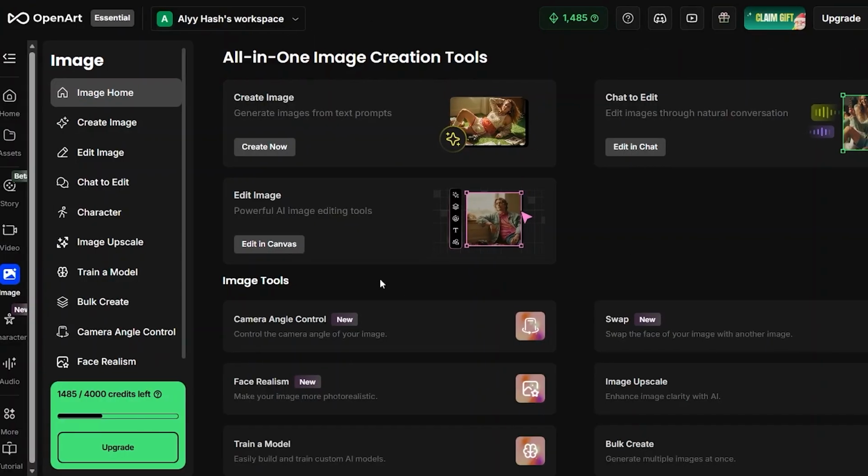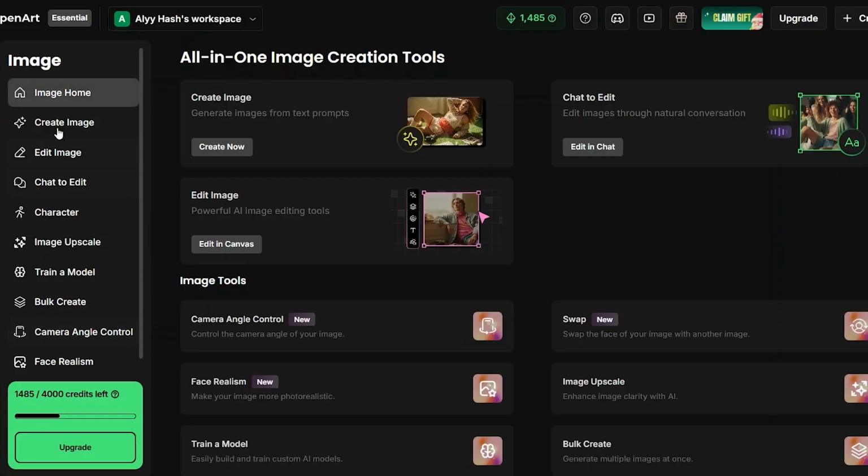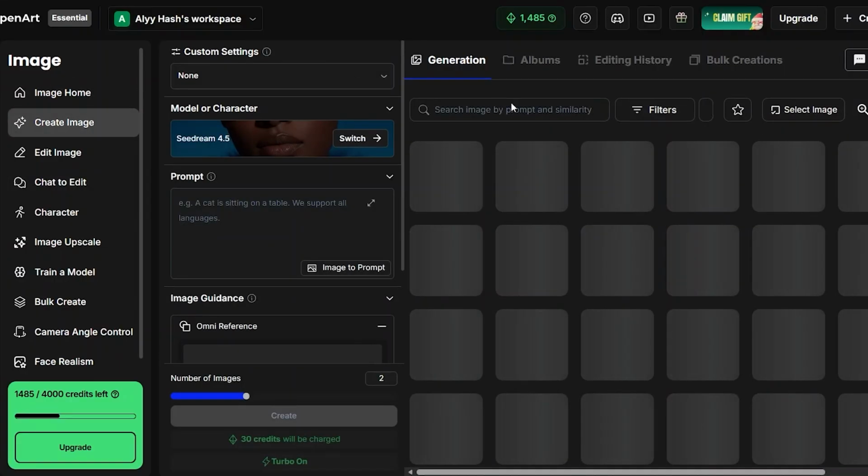And then over here again, if you go to the left, you have several options for image as well. You can create image, you can edit image, you can create a character, you can upscale your images, and you can also bulk create. And then you have face realism. So you have all these options for images, but basically we are here for image generation with AI. So we are just going to click on create image over here,